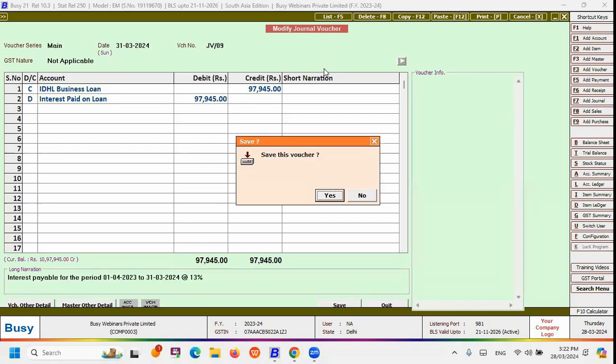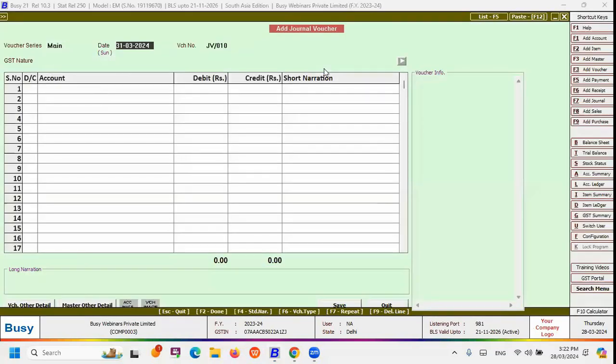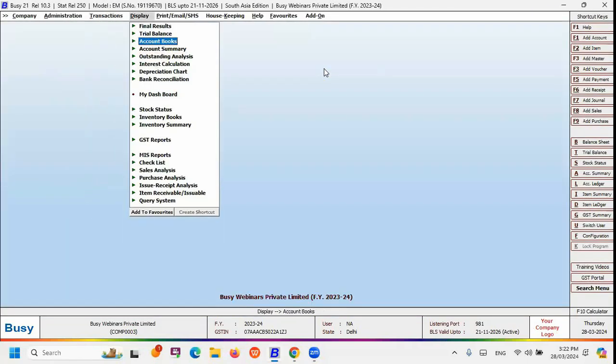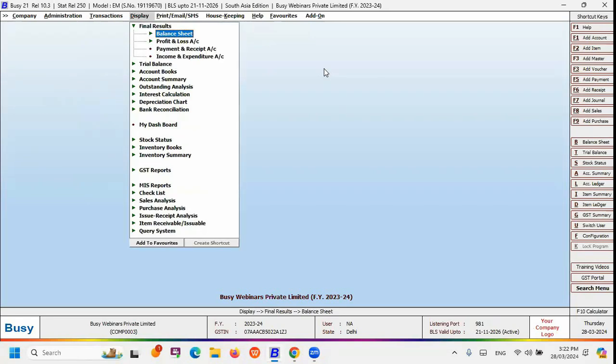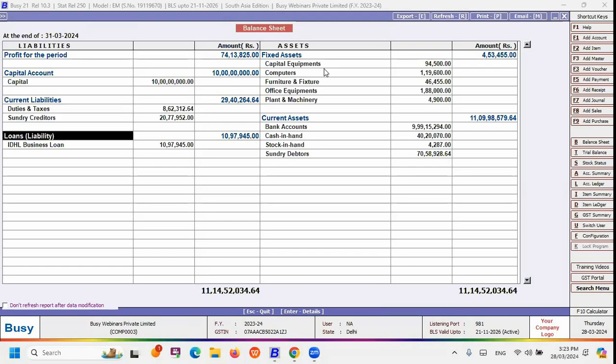If you want to post it manually, you can do that. Just come here to journal voucher, and post it manually. Once you post this kind of voucher, it will be reflected in our final result. Just go to the final result. You can see loans and liability, IDHL business loan,